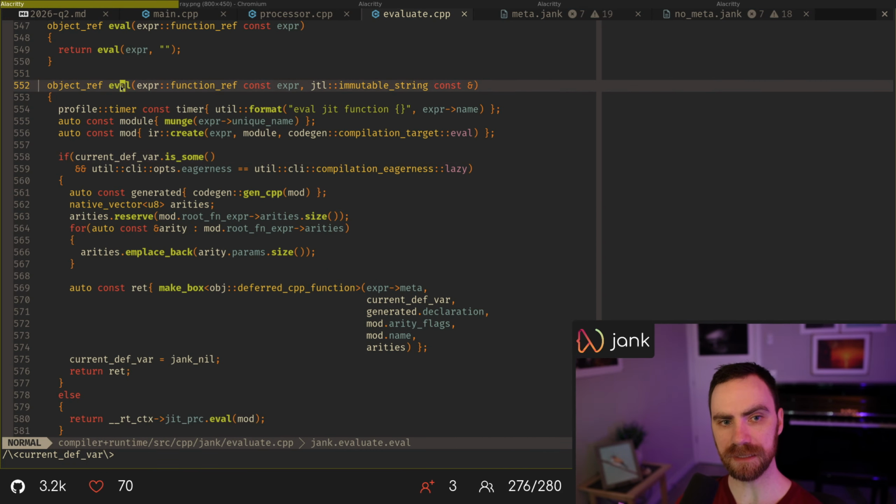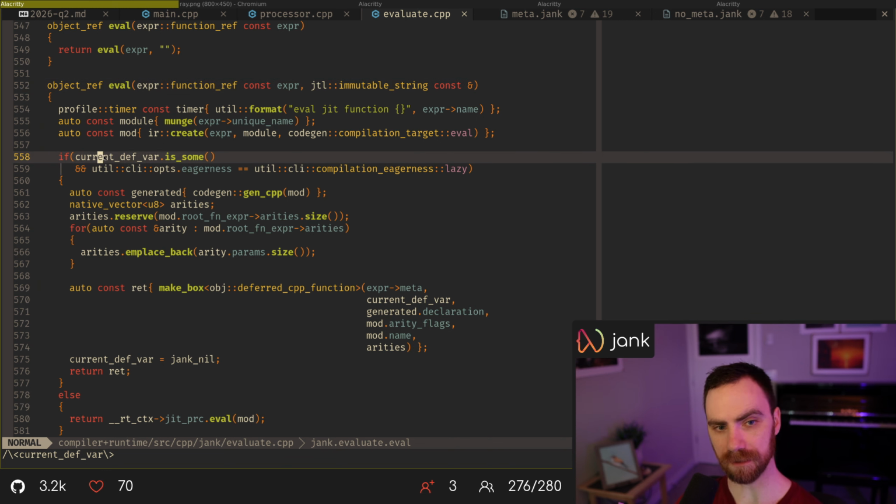right here. When you go to eval a function, then we check, okay, do you have a def var? Which means, are we currently evaluating a function that's going to go inside of a var? Because you could eval a function that's just like an anonymous function or a local function, something like that. It's not going to be directly tied to a var. But if it is tied to a var,